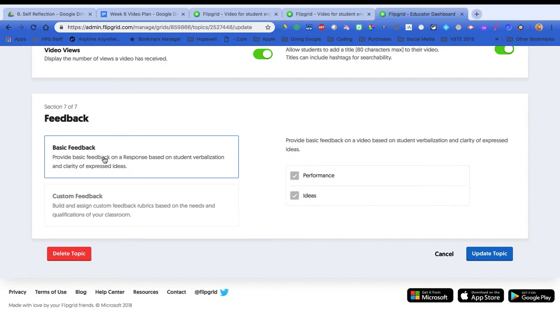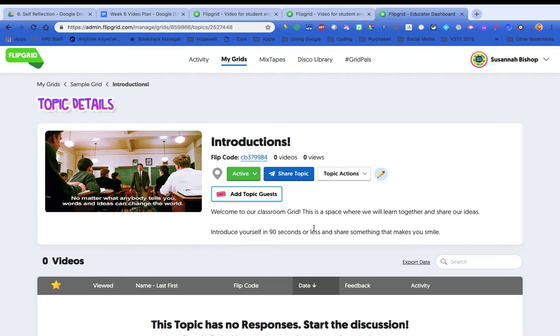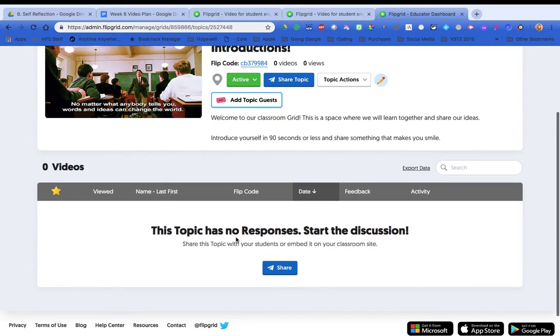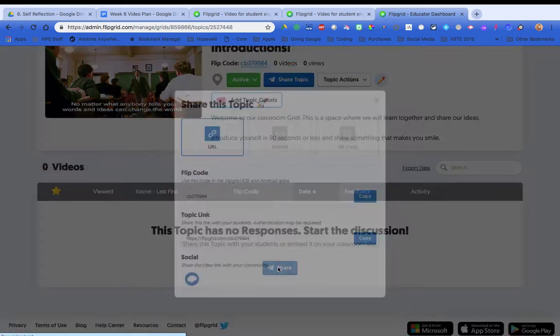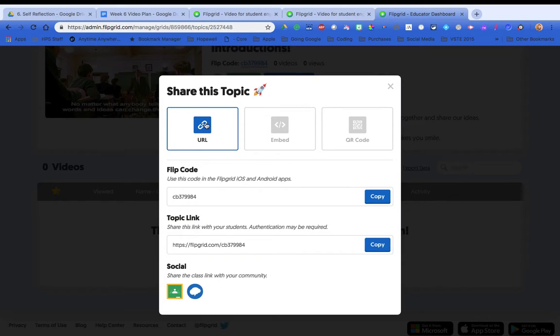For this one, we're just going to leave basic feedback and update the topic. From there, you would share this topic with your students. You can either enter the URL and then give them this flip code. If you want to share directly with your students, you could share this wherever you would post a link. You also have the option to share this to Google Classroom. So when I click that,